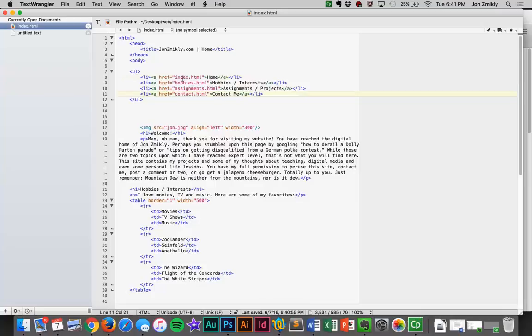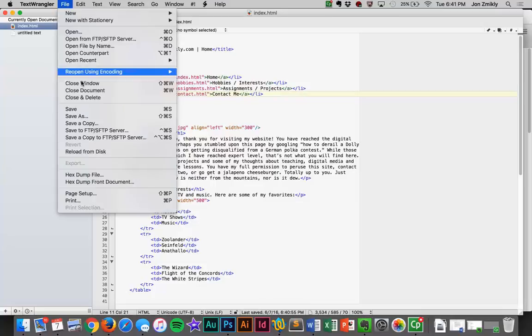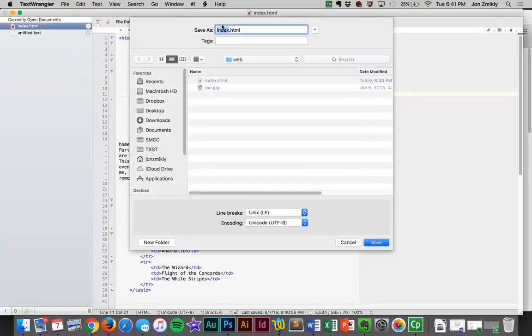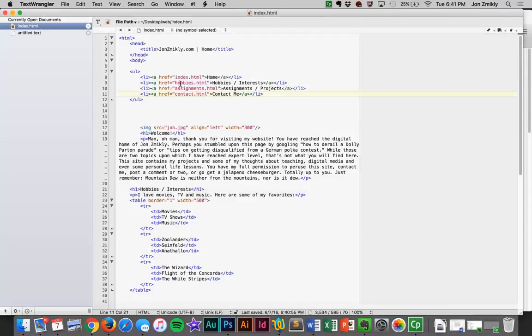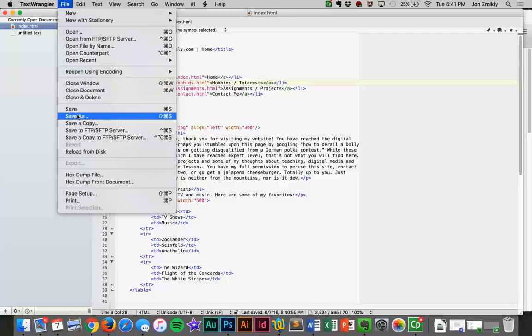Now it's time to make those files. I'm just going to go to File, Save As. What that does is take everything I have and save another version of it. So now it's time to name my file. Let me go back to the folder here to see what I did. I called the first one Hobbies. So I'm going to go to File, Save As,